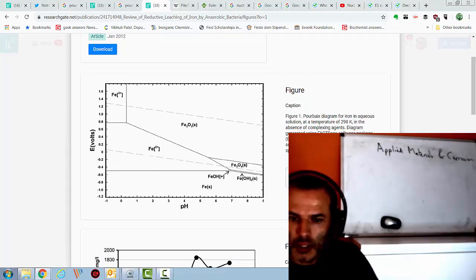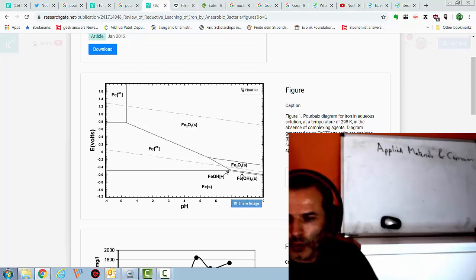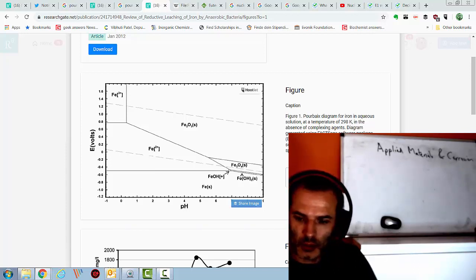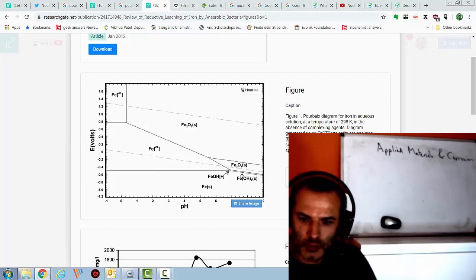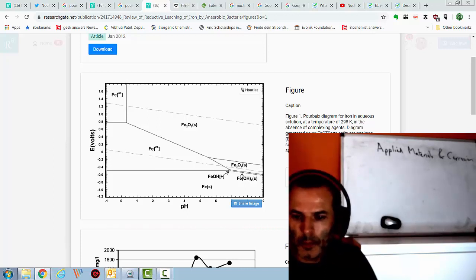Let us have a look here. You can see the top line is for oxygen oxidizing it, and the bottom line is for the water turning into hydrogen. So we can see that at low pH, we can make hydrogen using iron. So the iron can dissolve to form iron 2+ and make hydrogen out of the water, but at high pH